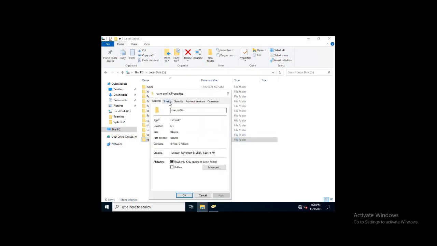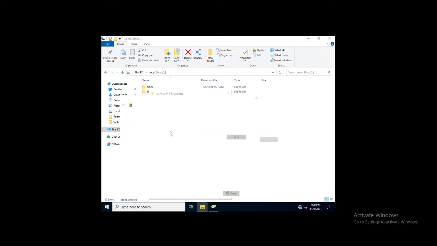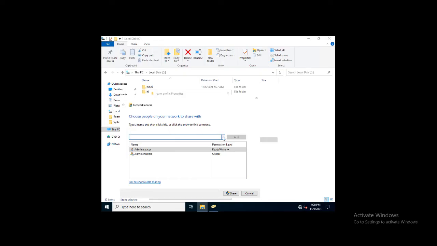Properties, sharing. Now type everyone. Here I'm going to share this folder. Or you can type the user account and give read and write permissions, but here I'm giving the everyone account.